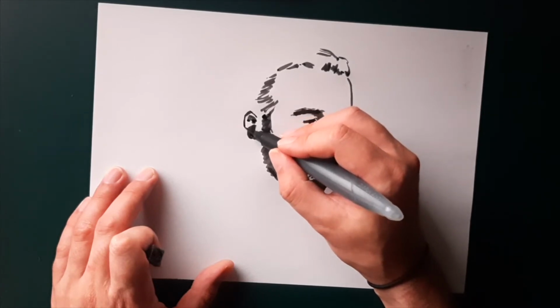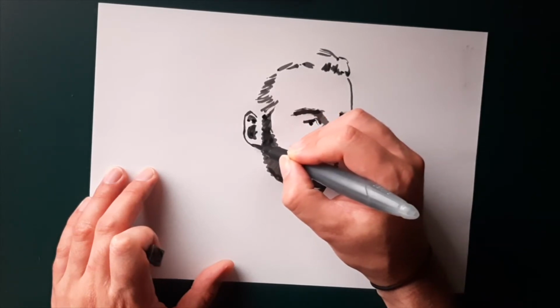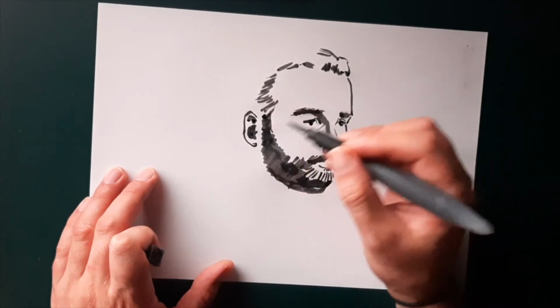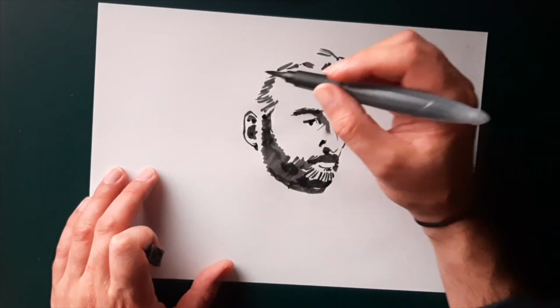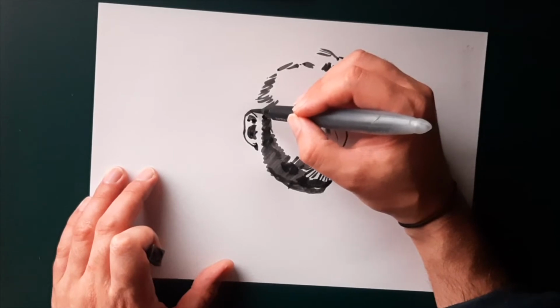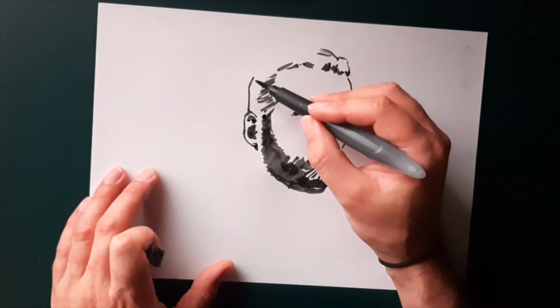I think that the drawing's quite nice and I do like it, even though the likeness is off. But that's just part of the truth of doing drawings like this, and in the future I am going to try and be more accurate. But I never want to do caricatures, I don't want things to be too enlarged and inflated,